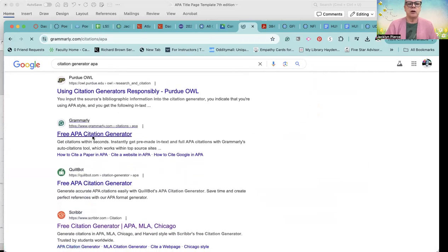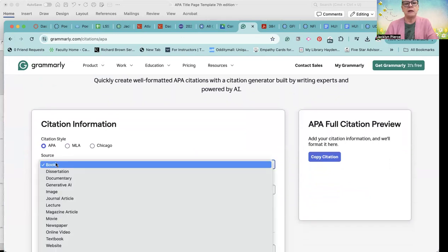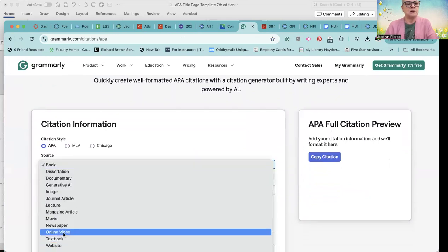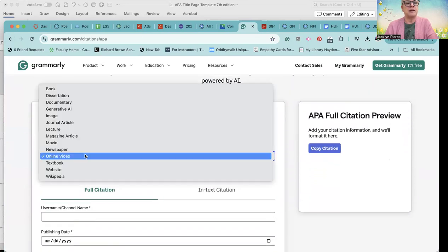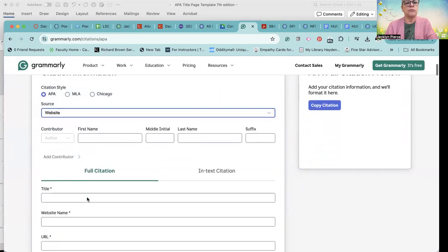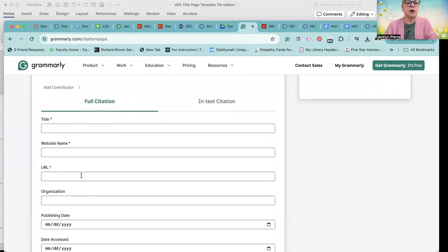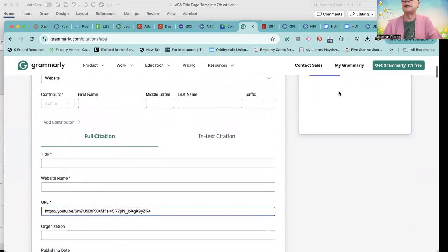Grammarly? Let's try Grammarly. We want APA. This is a website. Well, it's an online video, technically. Yeah, I'm just gonna use website. Oh, it's asking us for the information. Okay, well, here's the URL. All right. So the title,